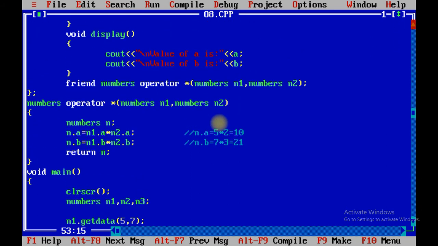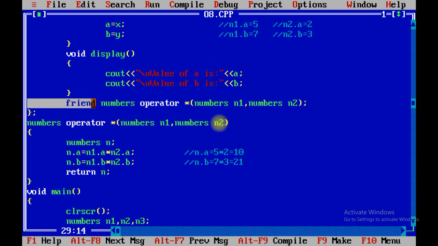You are able to use the friend keyword while overloading any operator. What is the requirement to use a friend function in the program?